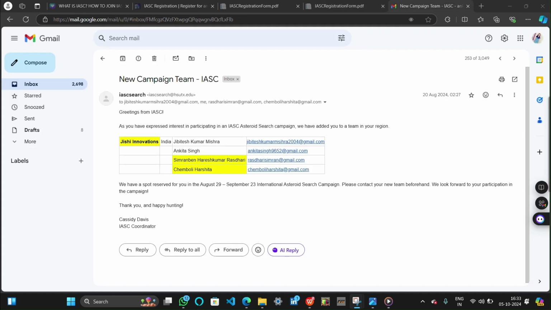So guys, here you can see on your screen the mail, the new campaign team IAC, which I have received from IAC Search. This is a greeting from IAC for our team GC Innovation. You will also receive this kind of email when you form your own team with a group of members. Here you can see my name, then Ankita Singh, then Simran Di, then Harshita Di.